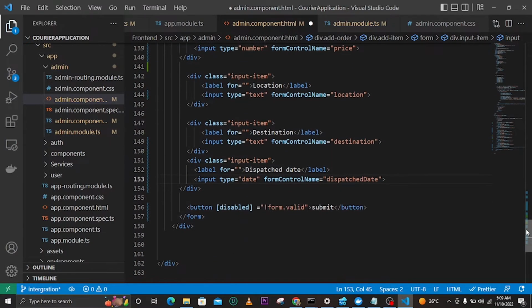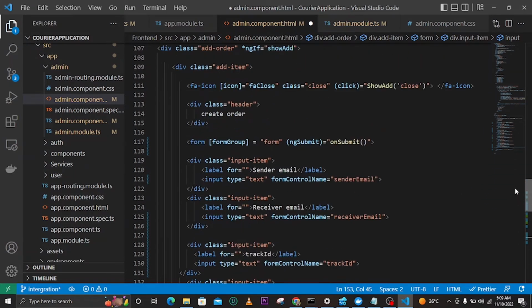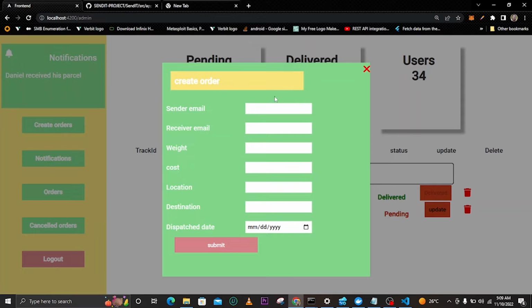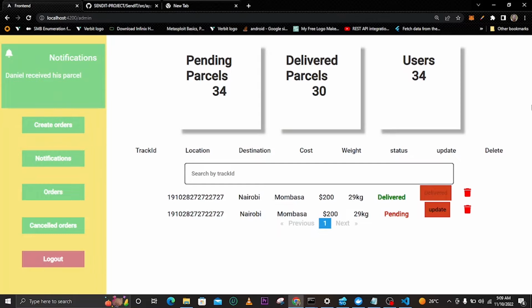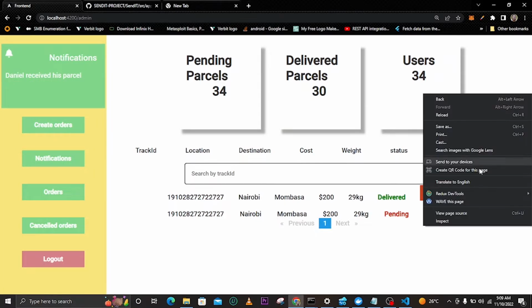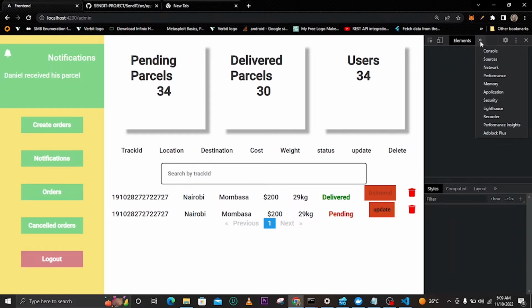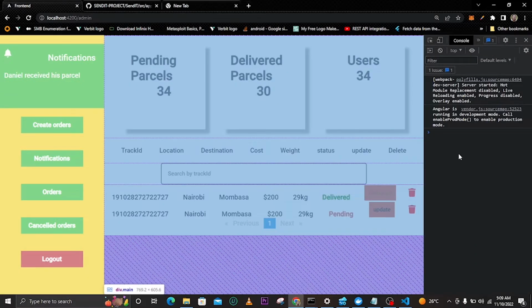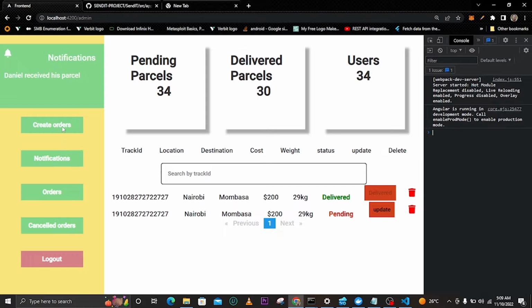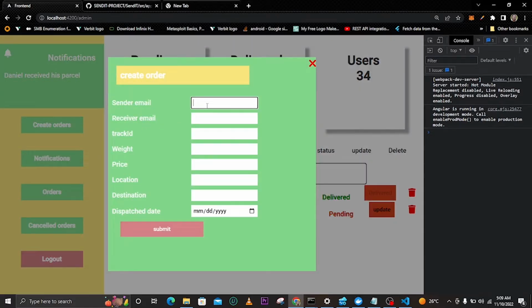So again, all of them now have form control name, those inputs. So let's see now. You can see it is working, it's okay. Now we need to open our console and inspect the values. So let me console log there, and then open this from here, and now we can add, let me say